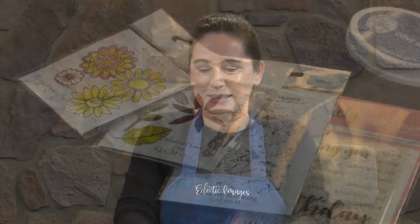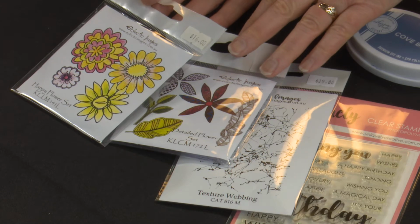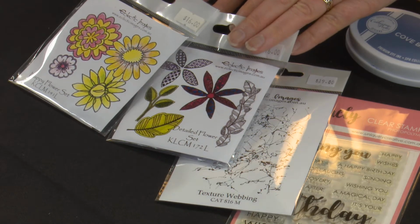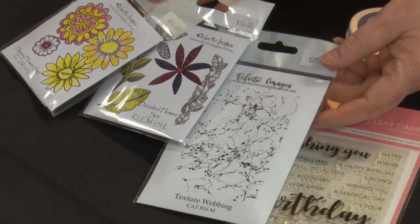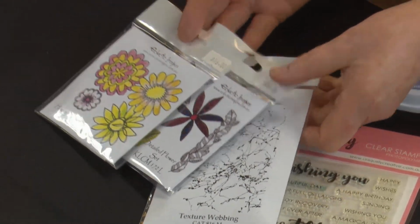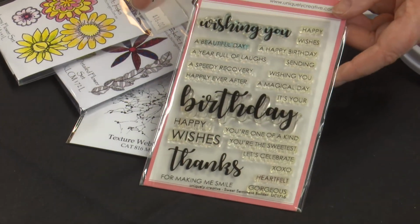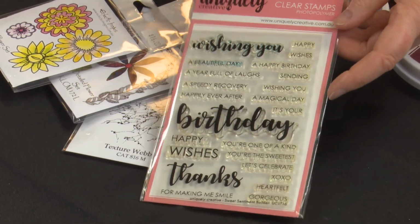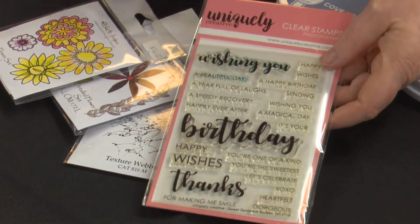In our Eclectic stamps and Uniquely Creative stamps, so Eclectic stamps, we're using the Happy Flower set and the Detailed Flower set, and a bit of one of our old favourites, webbing texture, to create some background texture. Combining that with a sentiment out of the Sweet Sentiments Builder set from Uniquely Creative, which has got a couple of big words and loads of smaller ones, so it's great for building whatever you want to say on a